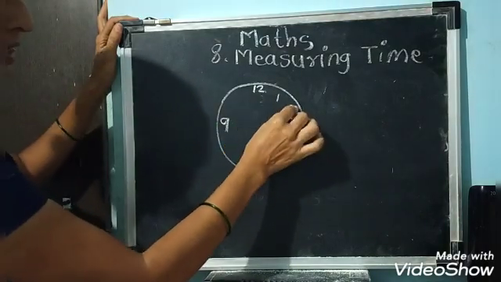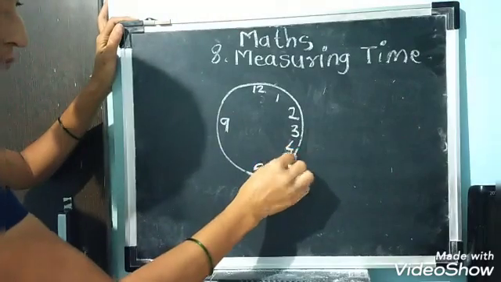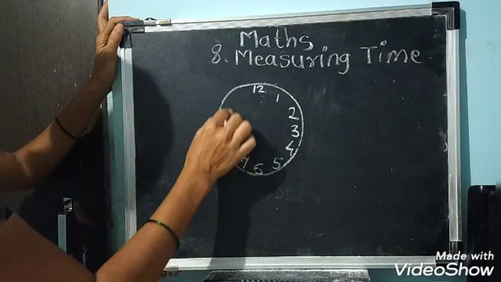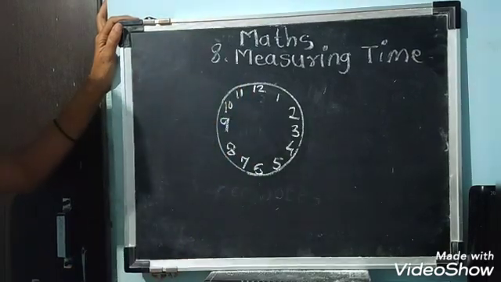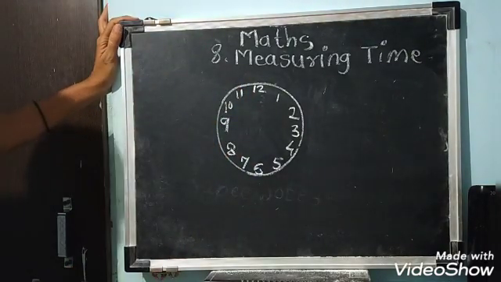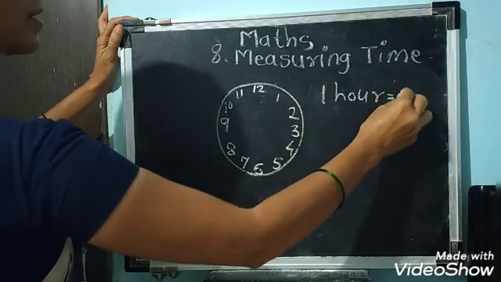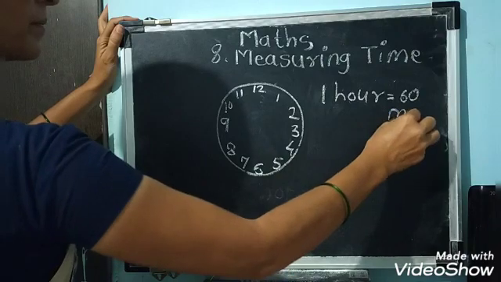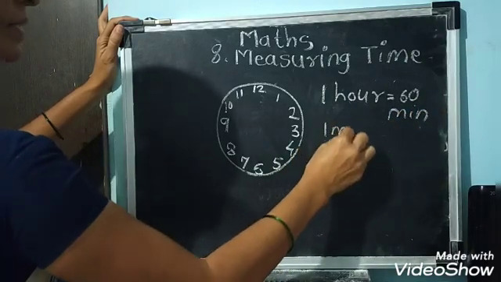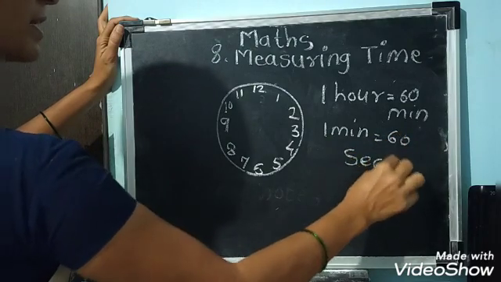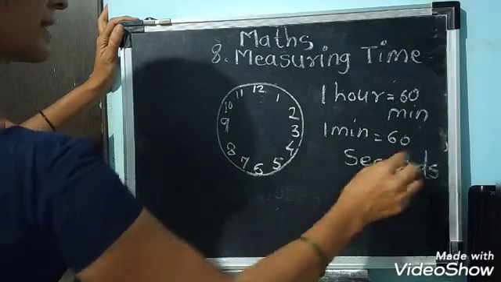12, 1, 2, 3, 4, 5, 6, 7, 8, 9, 10, 11. Got? These are the 12 hours. 24 hours means one day, right? Then 1 hour means 60 minutes. 1 minute means 60 seconds. Okay, this you have to learn. It is needed